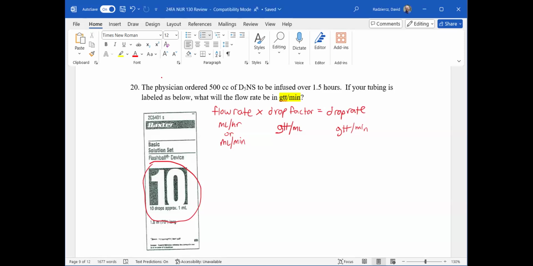So we look at the question. It says the physician ordered 500 cc's of dextrose 5% normal saline to be infused over 1.5 hours. If your tubing is labeled as below, 10, what will the flow rate be in drops per minute? So if you are a dimensional analysis fanatic, this is where you really get a chance to shine, because you're like, oh, all right. We got some